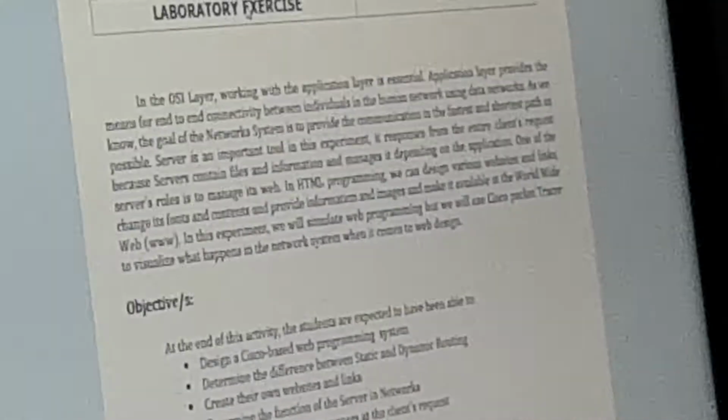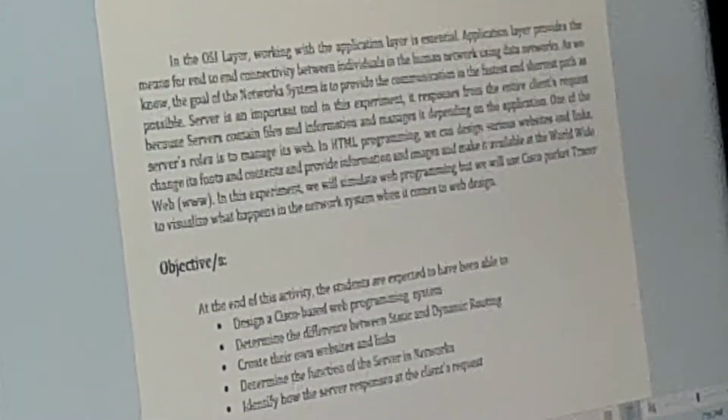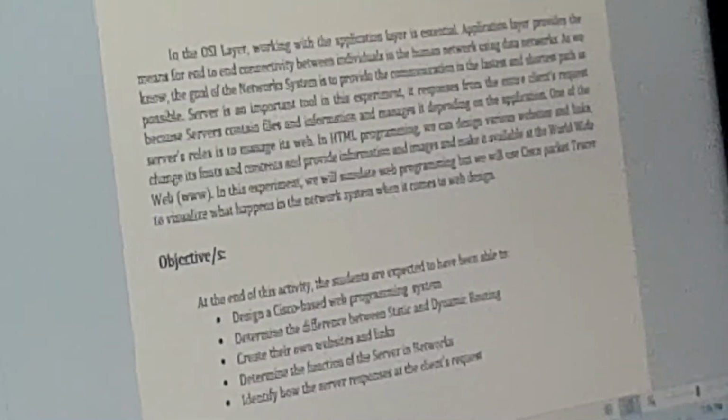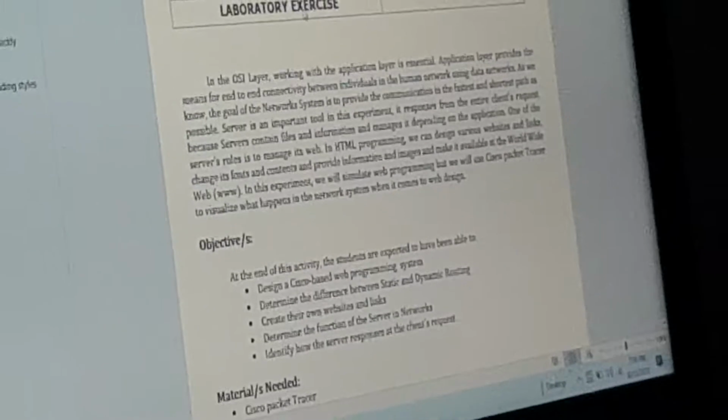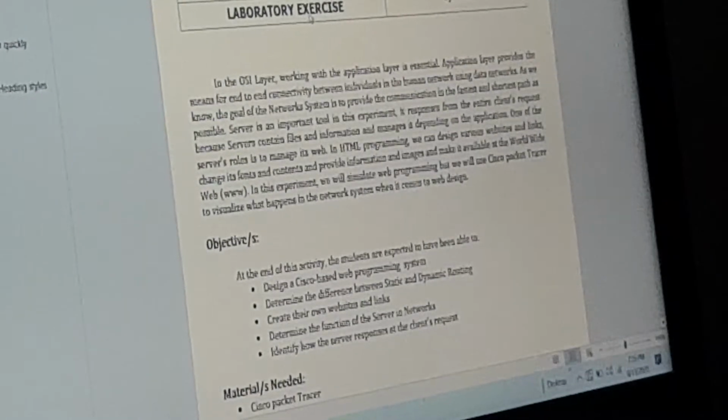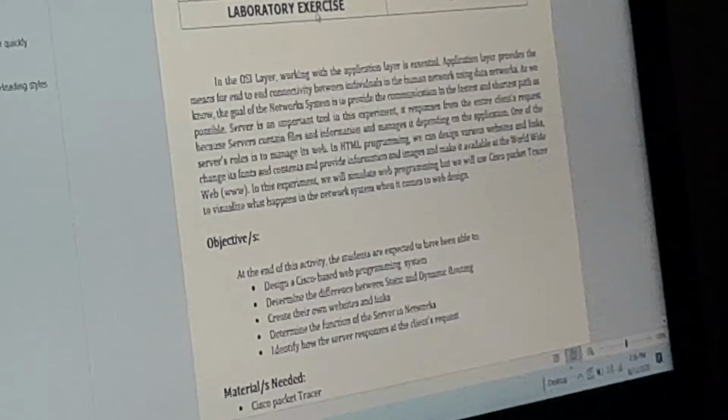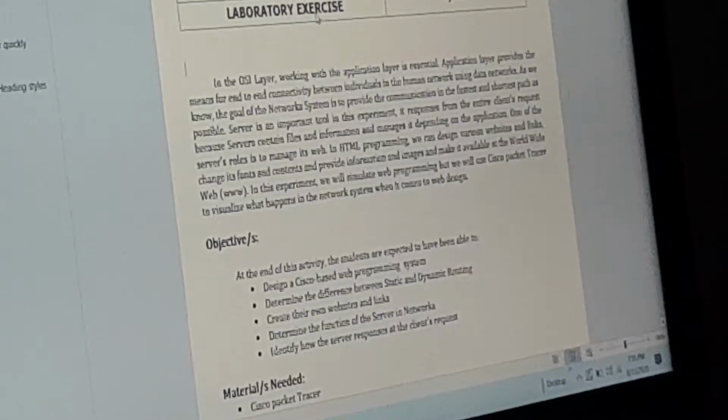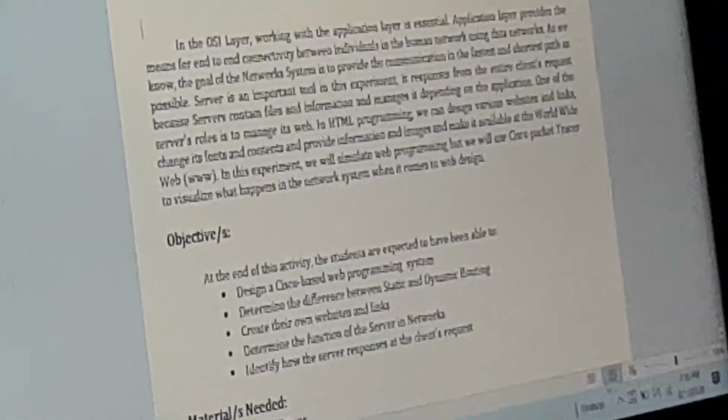The server is an important tool in the experiment. It responds to the client's requests because the server contains files, information, and messages, depending on the application. One of the server's roles is to manage its web.